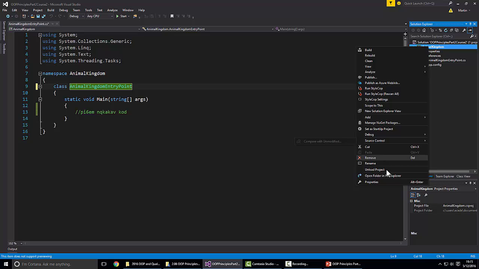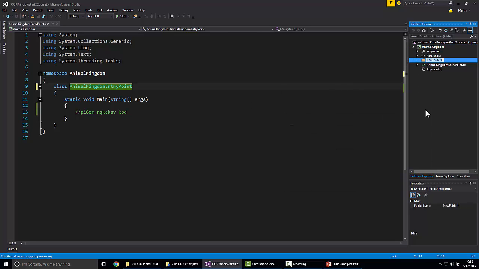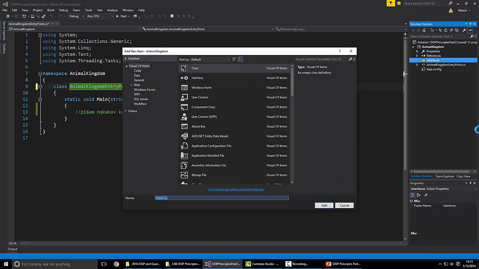I haven't worked in Visual Studio. Where is the... okay? So add. I'm mostly working in JavaScript and TypeScript these days. So the interface is here, and let's make a class here. Add a class which is going to be called iAnimal,